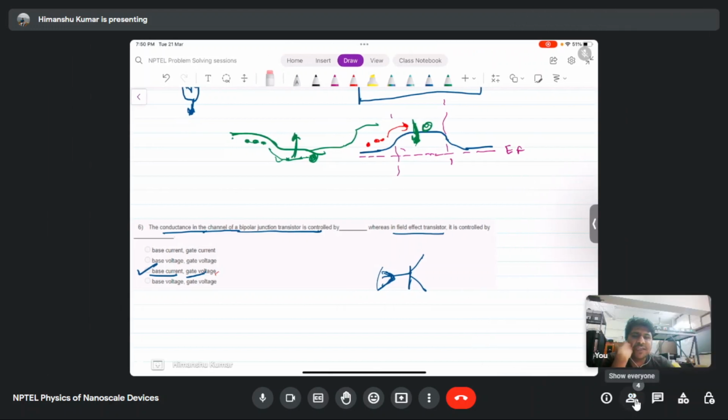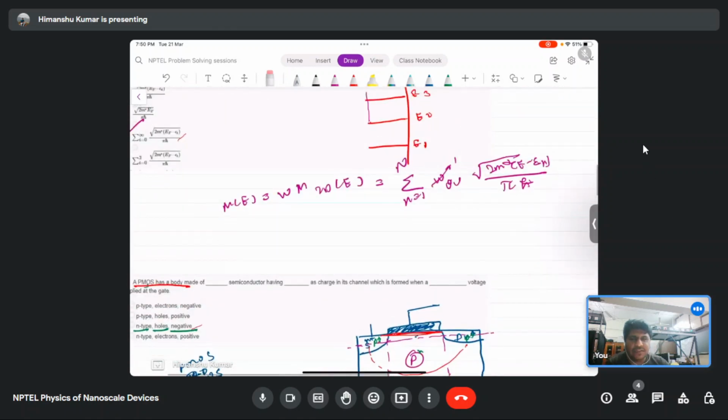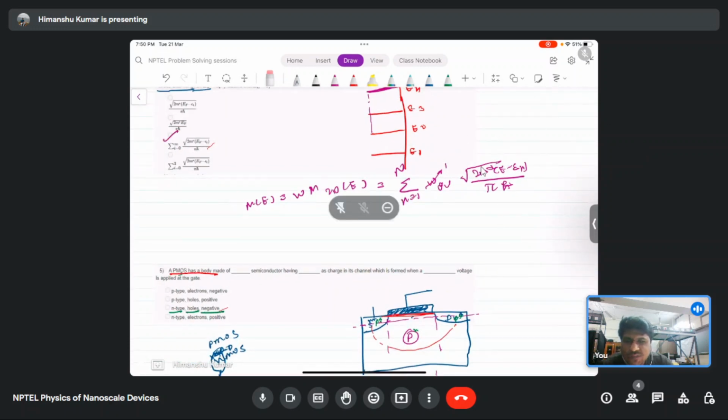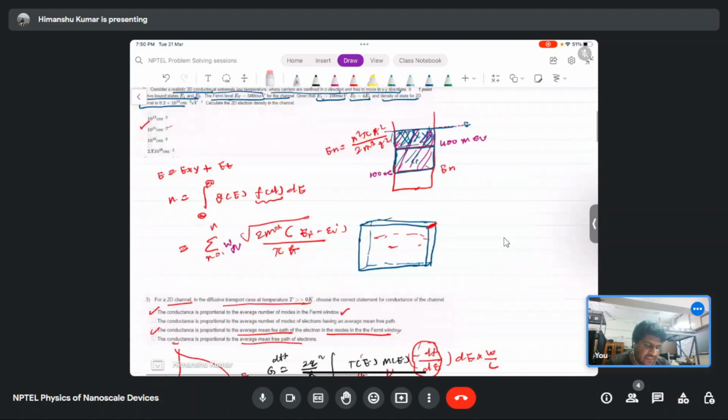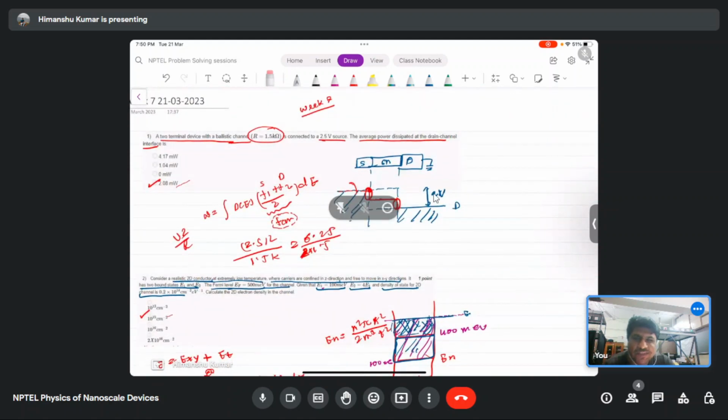I think then we can end this session for today, and we'll start next week. After this, MOSFET will be relatively a little bit easier. I won't say much easier because in MOSFET there are also a number of concepts like quantum capacitance. Still it will be interesting, but comparatively easier, because people find MOSFET relatively easier compared to other things.